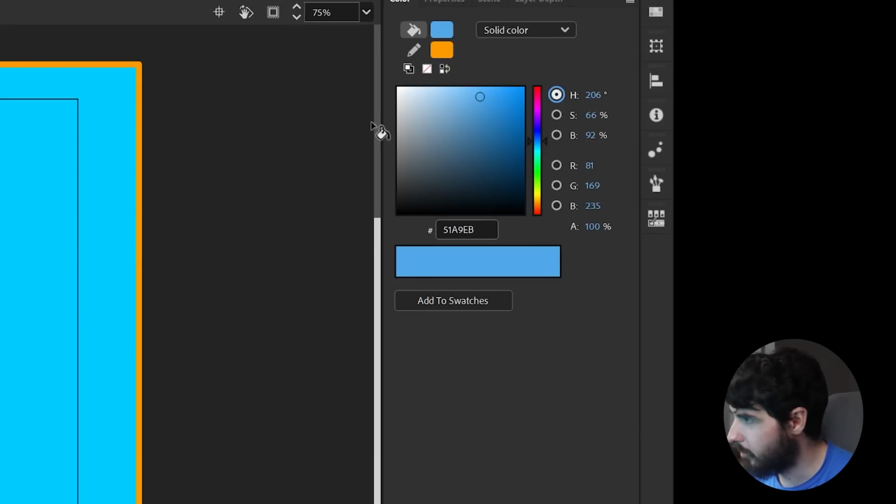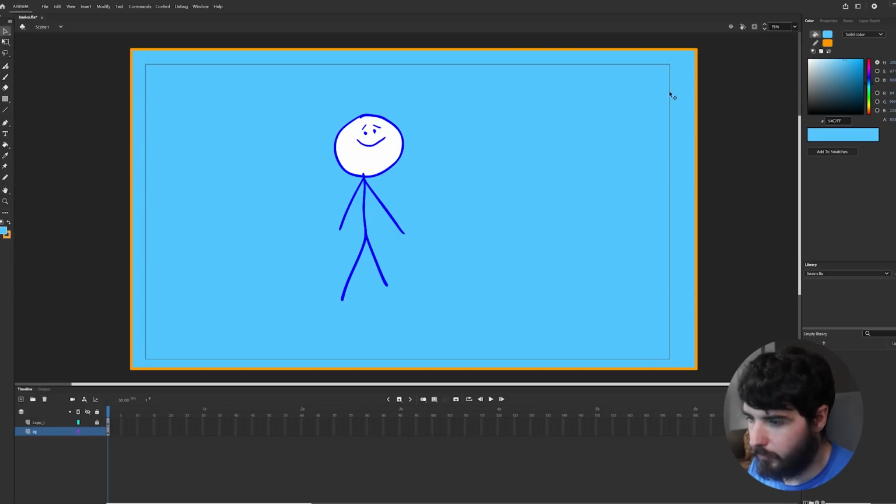So if this is a sky in the background, maybe something like this would be, maybe that's a little depressing, we can go a little bit brighter, yeah. And let's draw a little bit of grass. Let's go down here, grab some green and kind of make it a little bit darker. Of course, if we were to draw a little hill straight on here with the brush,